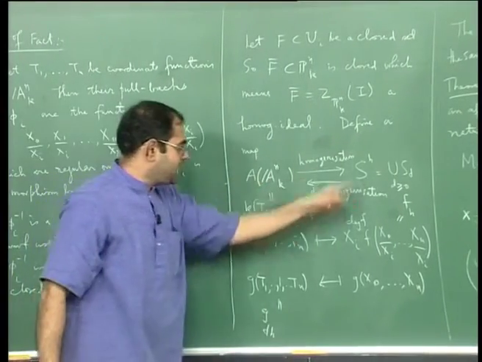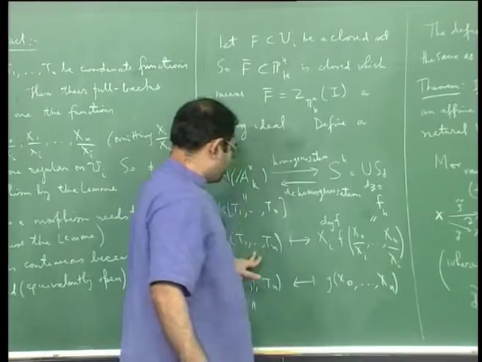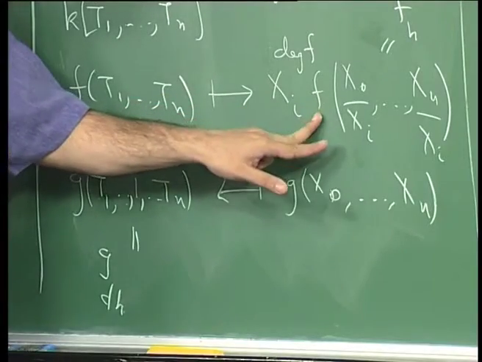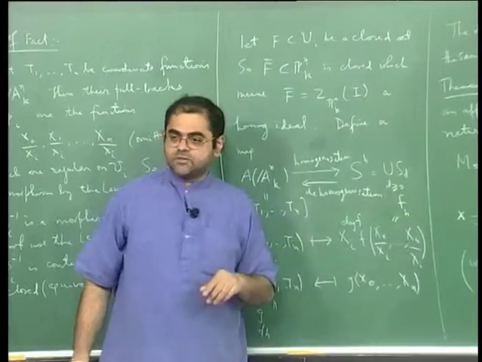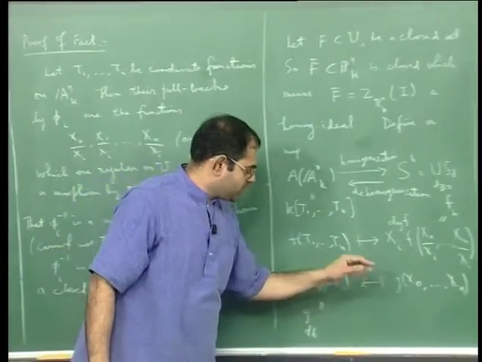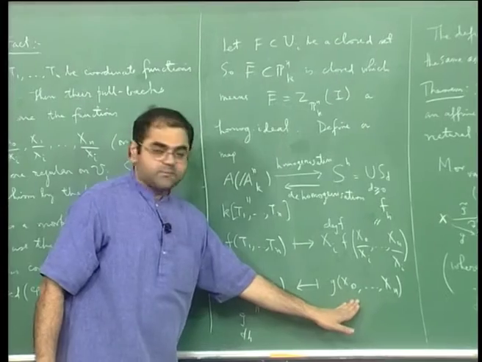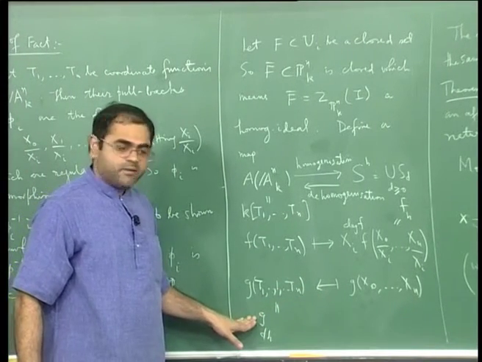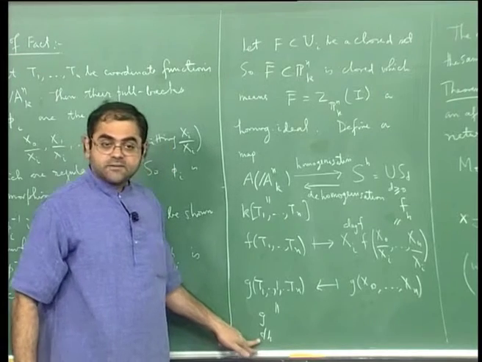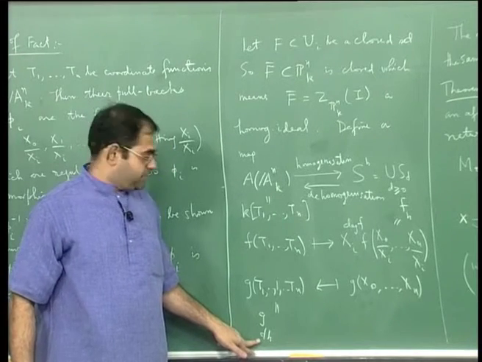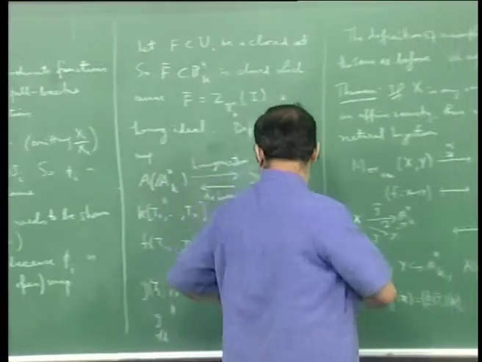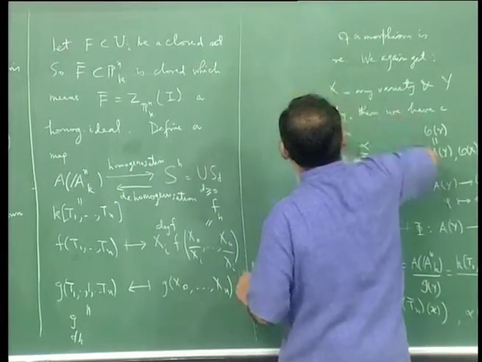Okay, instead of giving names to these maps, any f which is a polynomial in the ti's is homogenized to give an fh which is a homogeneous polynomial in the xi's. Conversely, you start with a homogeneous polynomial in the xi's, you can dehomogenize it to give g sub dh, an inhomogeneous polynomial, not necessarily a homogeneous polynomial in the ti's. Okay, so you have this map, and the reason I